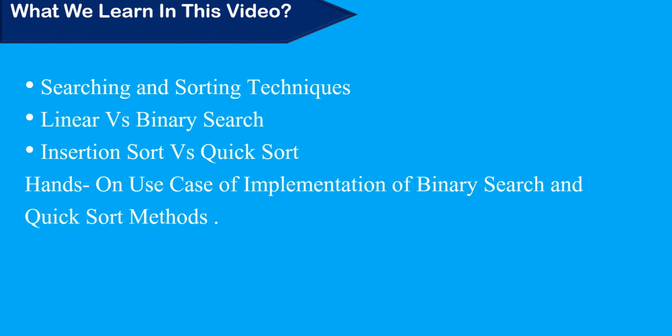Today we have discussed 2 popular searching techniques, linear search and binary search. We also made a comparison between them. Linear search is of linear order, binary search is of binary order, which gives you a log base 2 n complexity. And in sorting, we have seen insertion sort and quick sort. Insertion sort gives you a quadratic complexity, but quick sort will give you a linear logarithmic complexity, given by n log n. So quick sort is better than insertion sort. Similarly, binary search is better than linear search in terms of the time complexity we consider.